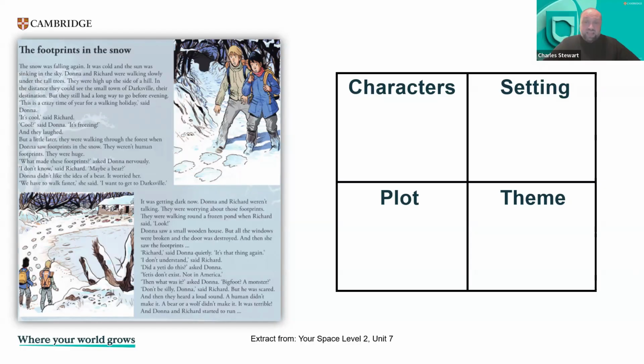So here, I would display this in the classroom after they have read it, after we've discussed the questions that they wrote. I would display this and say, right, so with a partner, I want you to fill in all 4 of these squares. So here, even though I wrote character, setting, plot, theme, I would still have these in the classroom. Someone wrote in the chat here they might need an explanation in L1.